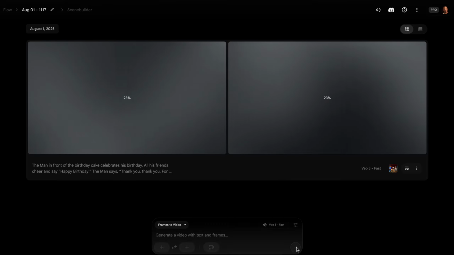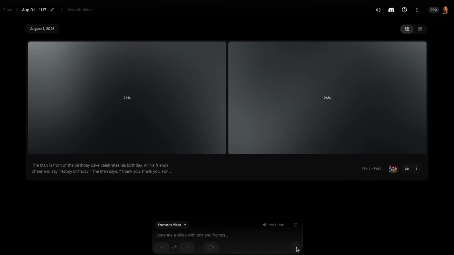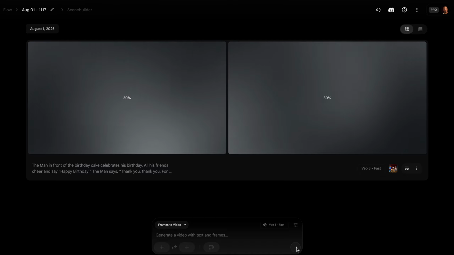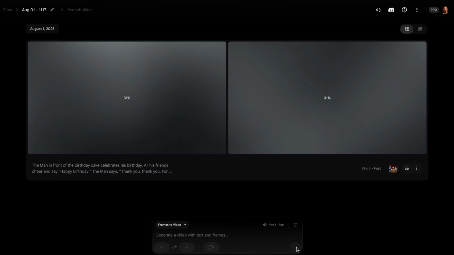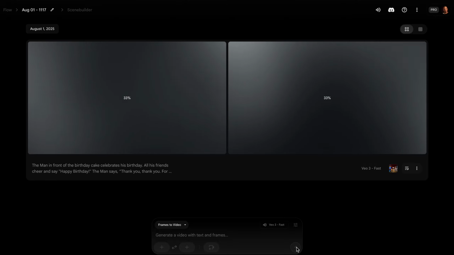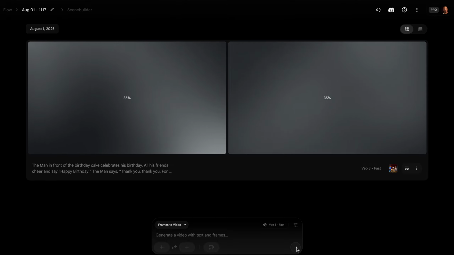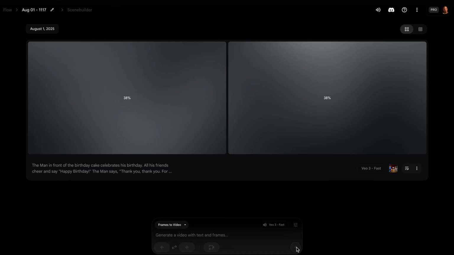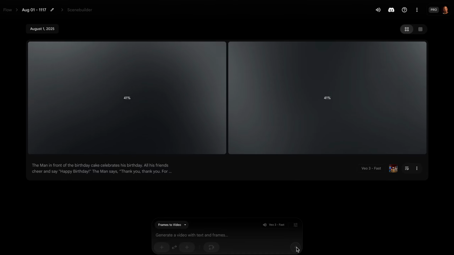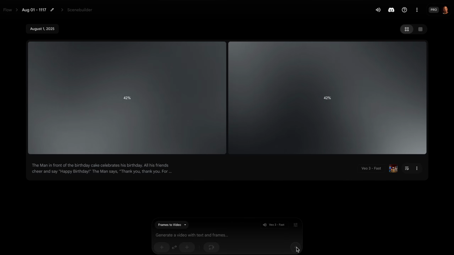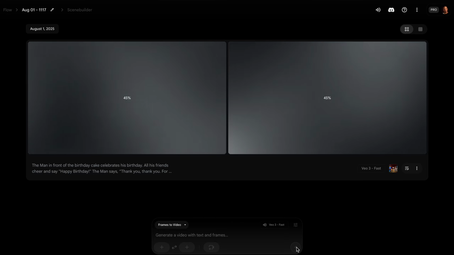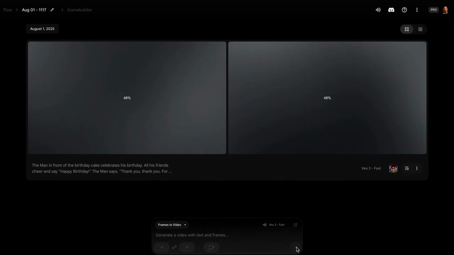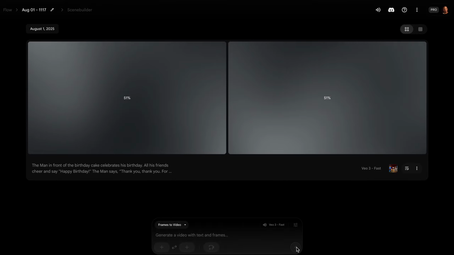It's also choosing all kinds of random acts from your direction with all the other characters that are in your image. This is a lot for the AI to take in because there's probably over a dozen different characters in this one scene. So it's going to create some action for each one of those characters where they're just moving, smiling, looking around. And so that's what it's doing right now. It's thinking. Normally with VO3, it will crank something out within a couple minutes.